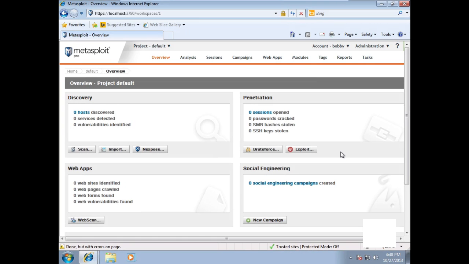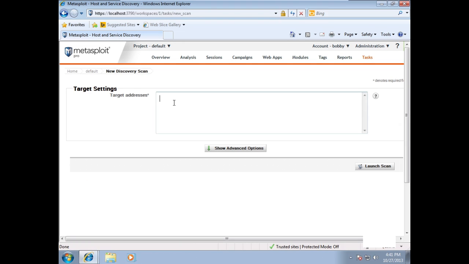Okay, I've got Metasploit Pro running on my Windows 7 VM, and this may look a little bit different than the Metasploit you saw in a previous session. In that session, we looked at the community version of Metasploit that's sitting on BackTrack. So it's a little bit different, but it actually does the same thing. What we want to do is scan that website, 192.168.163.145, which is the badstore.net. So I'm going to scan and put in my target address here,